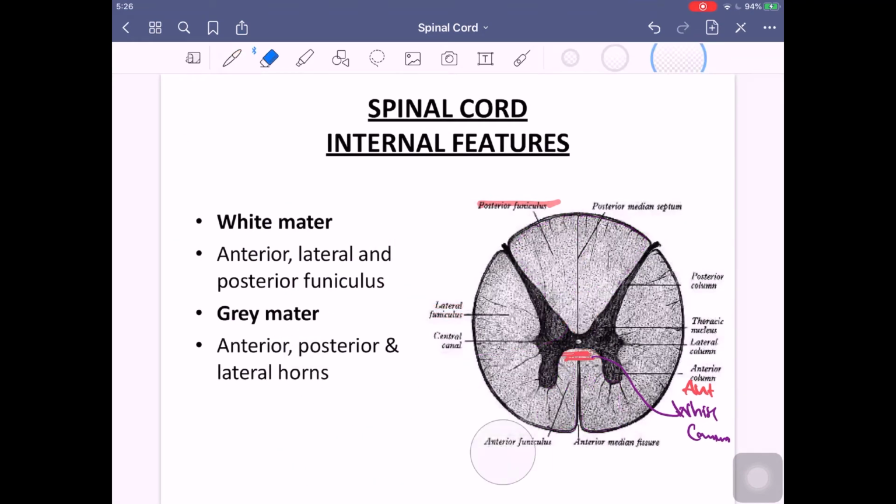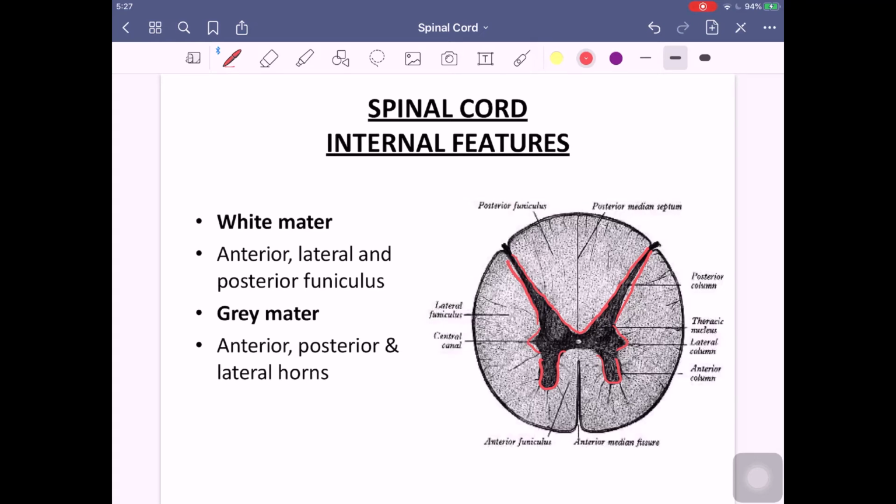Now if you look at the gray matter, what about the division of gray matter? The gray matter is a centrally located butterfly shape, and it is divided into horns. Just imagine that you are putting this entire thing here, it looks like the horn of a buffalo. Don't you see that this is one horn and this is another horn? In the same way these are also horns, and these are again horns. These are like the horns of a bull or a cow. They are elevations or prolongations, so these are called horns.